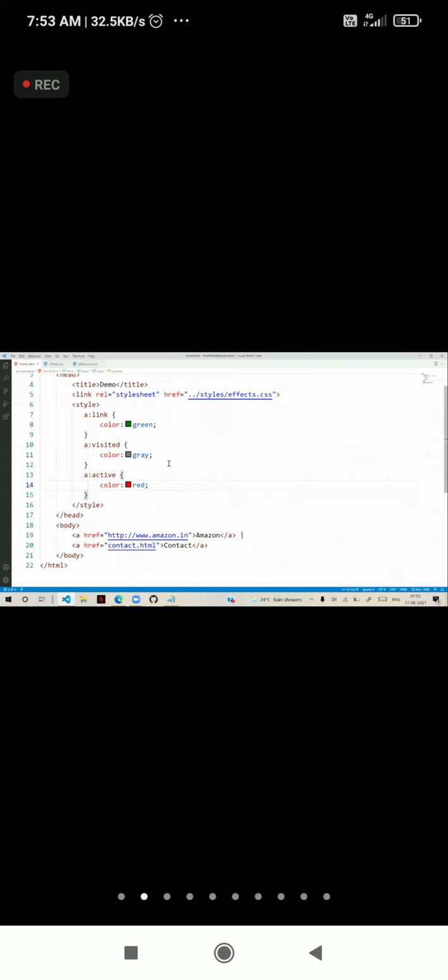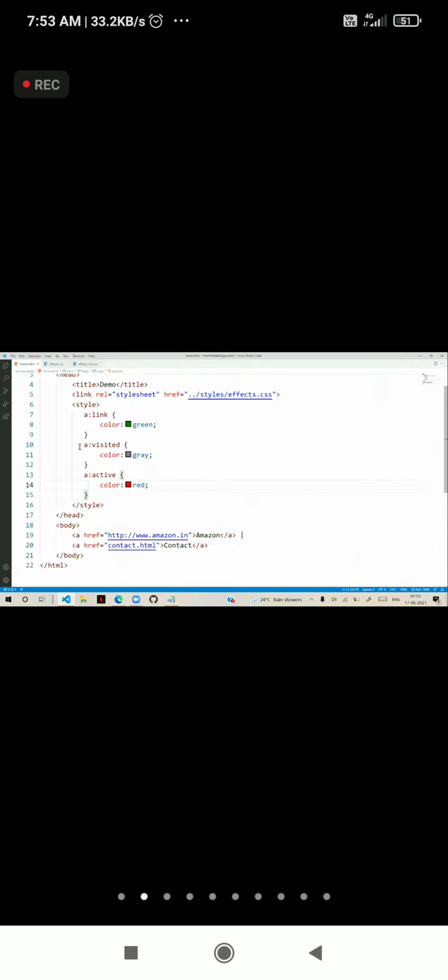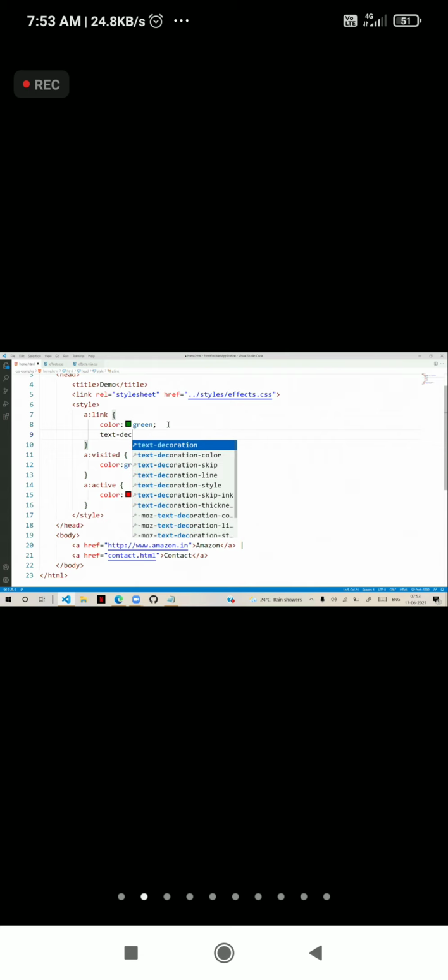That means when I move the mouse onto the link and hold down, it becomes active. So that is active. Hold down, that becomes active. So it can apply those colors. Not only colors, you can use so many things. For example, for ordinary links, if I want to remove the underline, then I can use text-decoration as none.